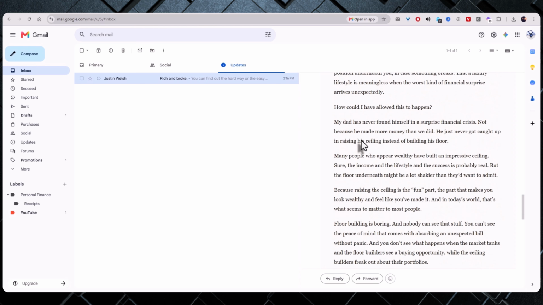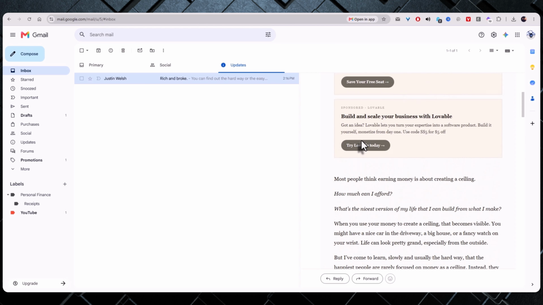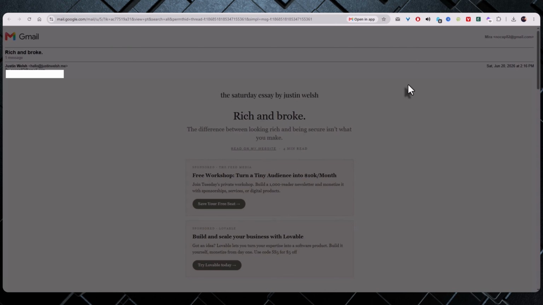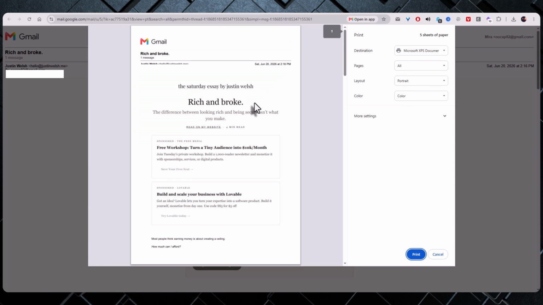Instead of looking at the individual reply buttons, look all the way to the top right corner of the entire email window. You will spot a small printer icon sitting right next to an arrow. When you hover your mouse over this icon, text will pop up that says Print All. Click that printer icon. Gmail will instantly open a new browser window or a print preview tab containing every single